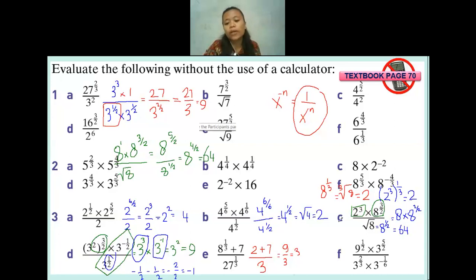For the question F, as you can see, most of the number are given in the base 3. So you can change the 1 per 2 into number 3 also. Because 9 to the power of 1 per 2, it means the...